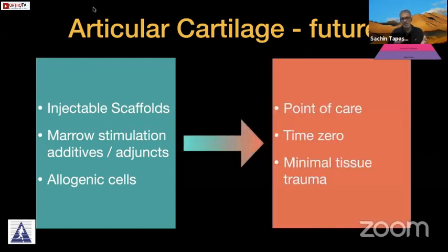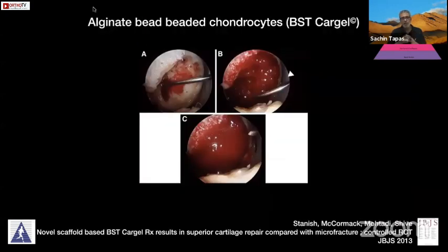Why does this interest us? Because these techniques are going to be point of care techniques. You're going to be having them in your operating room. They're going to be time zero. You need not send off tissue to the lab, bring it back, and then use it again. And of course, they're going to have minimal tissue trauma. We have good results now, basically, which are non-randomized controlled trials. And the use of one such